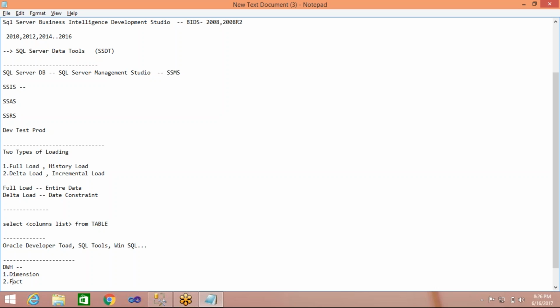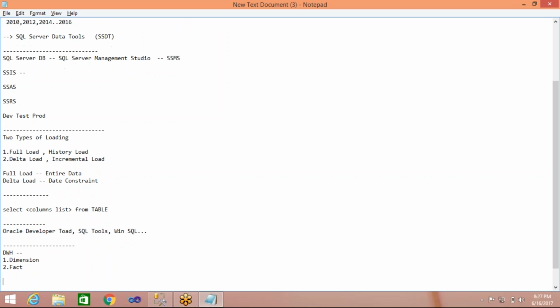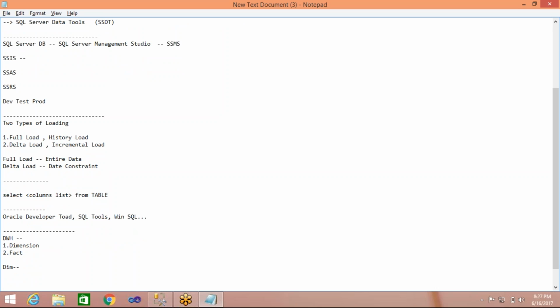Yes, definitely we need to follow some naming conventions. Even those naming conventions they will tell you. In some cases if they are not telling any naming conventions, just check the already existing tables. If it is an altogether fresh project, then you can follow your own naming conventions based on your experience. Let us say for dimension tables, you can give the name like,